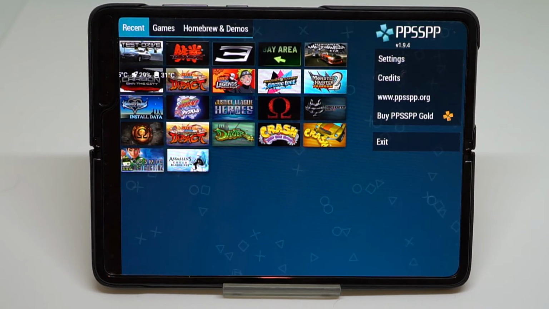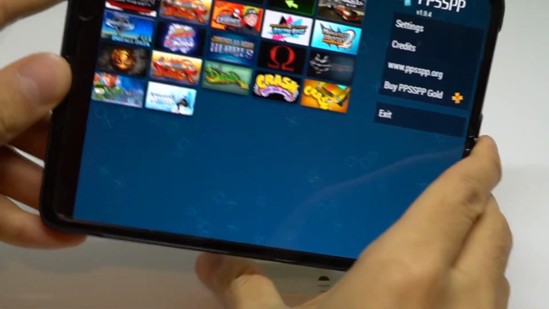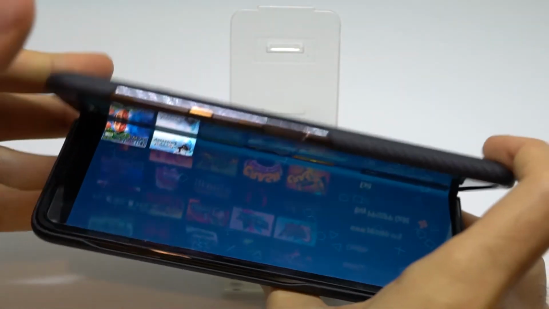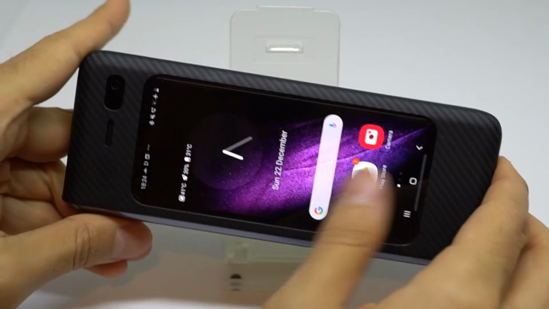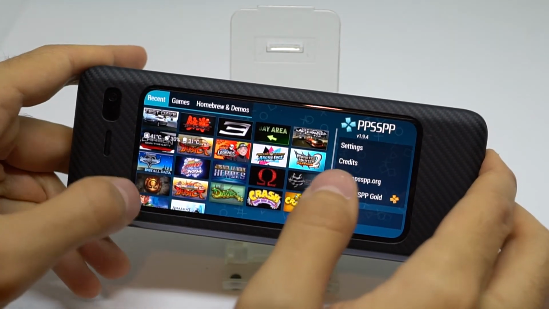Thanks again for watching, and of course before we end it, I'm going to do what I did for all of the other videos which I have the Galaxy Fold for. You know how it can do this. Sorry for the fingerprints. We'll go to Game Launcher, PPSSPP, and of course we can...